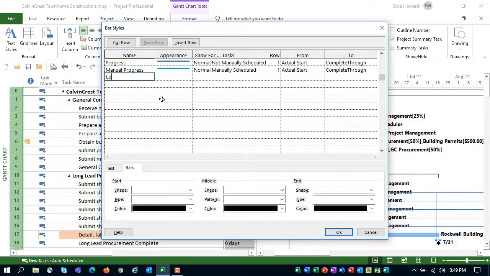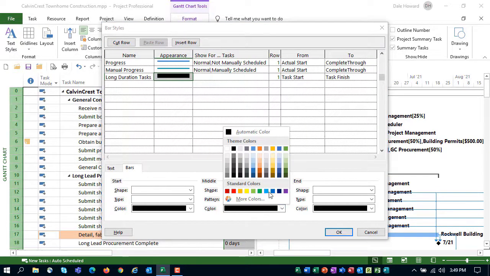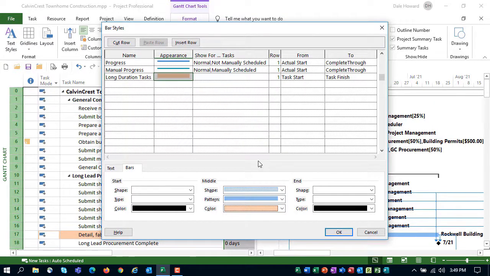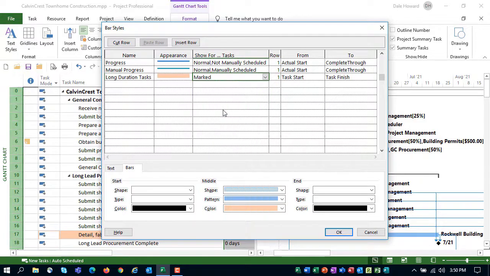And I'm going to call this Long Duration Tasks. There we go. And then for the appearance, we'll use the shape as it is. The color will be solid. And the formatting for the color will be orange lighter 60%, just like that. And then in the Show For Tasks column, what type of tasks will receive this Gantt bar formatting when I click the pick list? There it is, ladies and gentlemen. When I click OK,